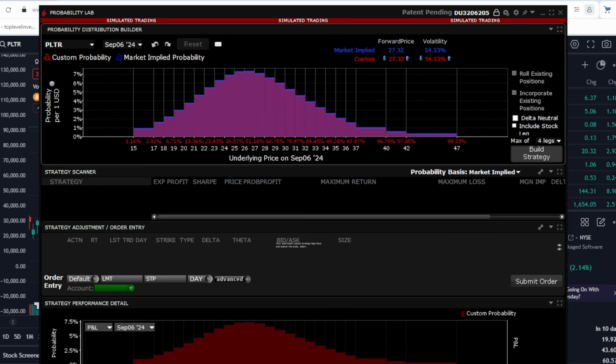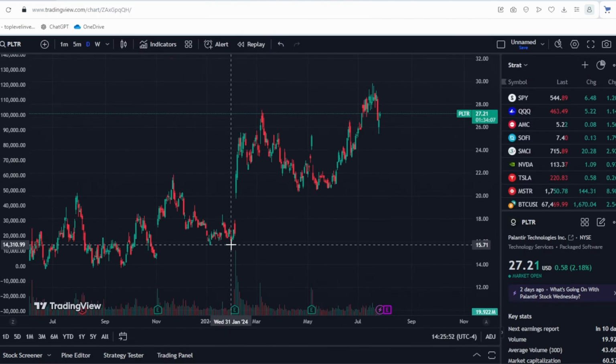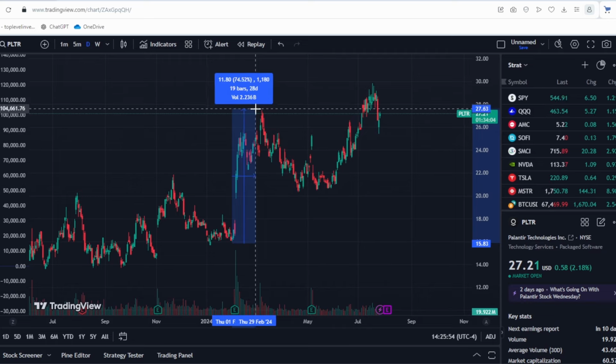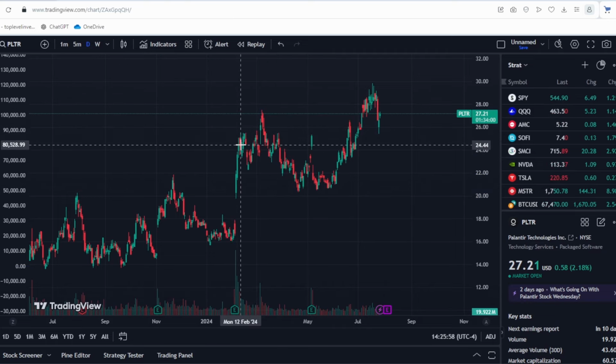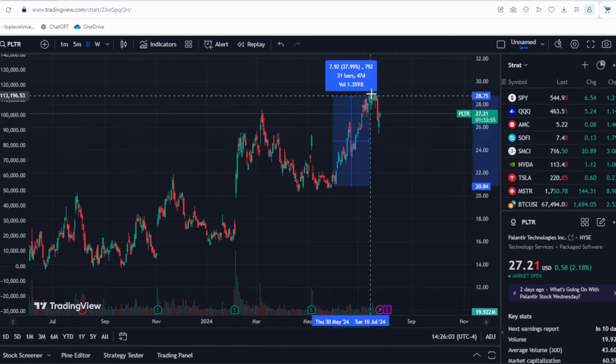Recently, Palantir stock has experienced several significant increases. There was a 75% rise, followed by some consolidation with a slight downward pullback that lasted almost half a year, and then another 40% rise. What will happen next? We are already at the upper boundaries of this stock, but still far from the historical